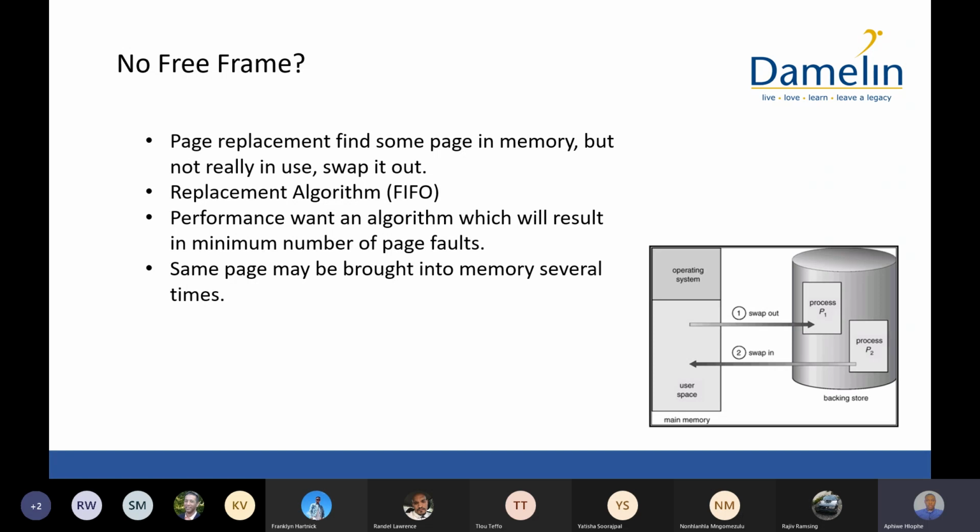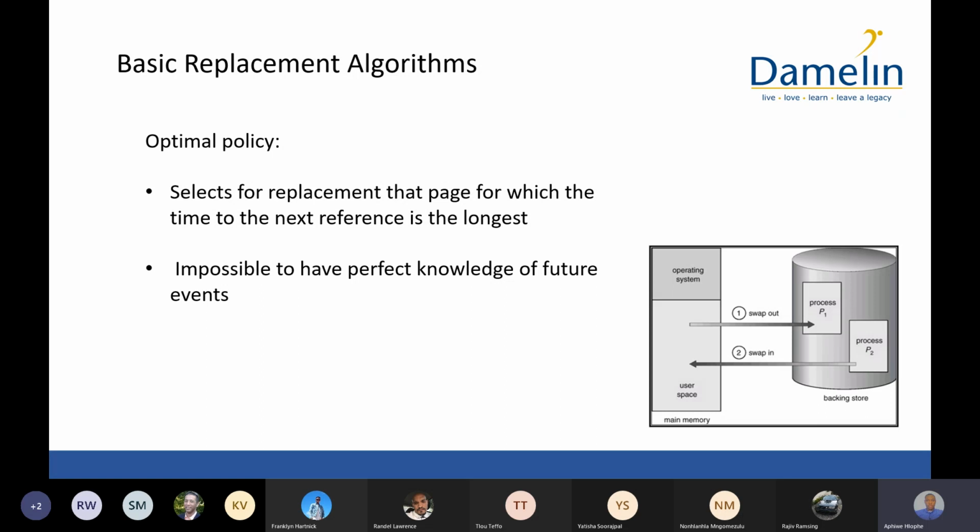Okay, this is different to the allocation algorithms that we spoke about. Allocation algorithms can only work if there are free frames available. If there are no free frames available, then a replacement has to be done. And there are a lot of these replacement algorithms. The first one is the